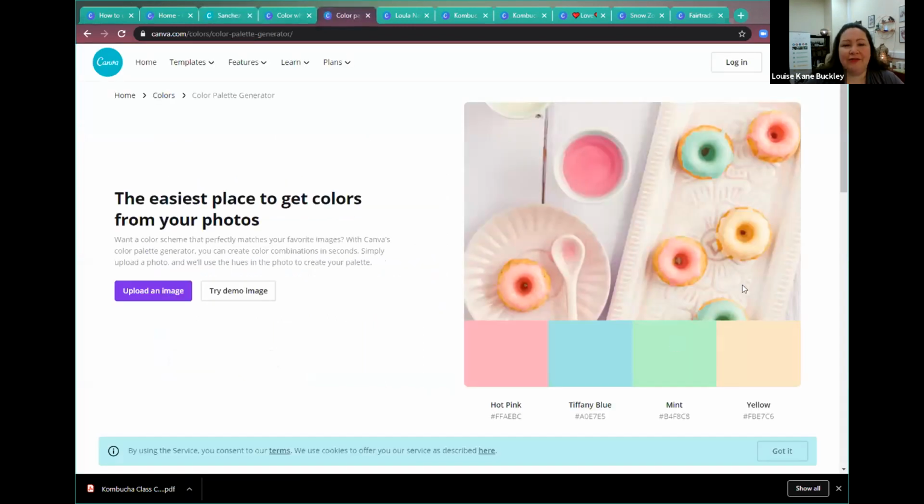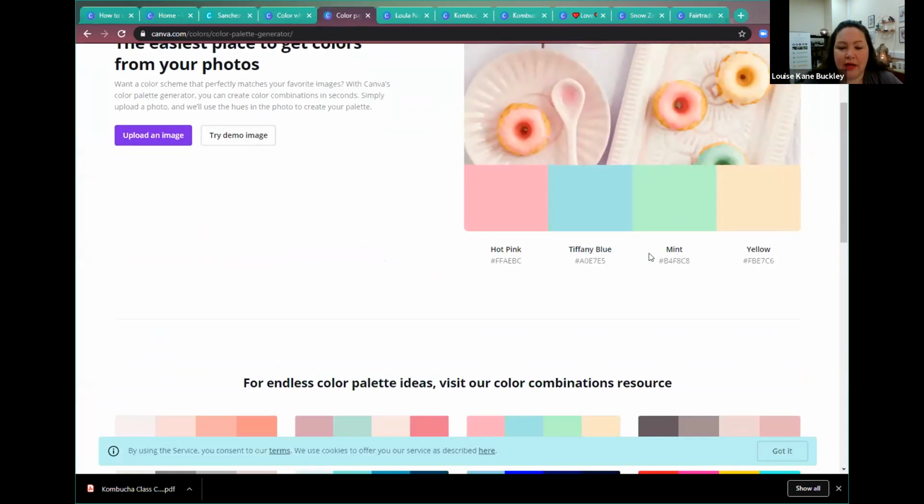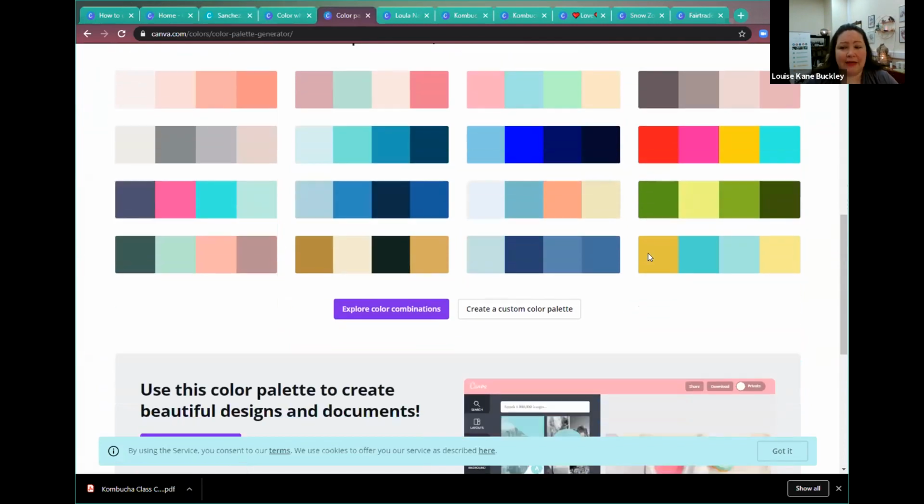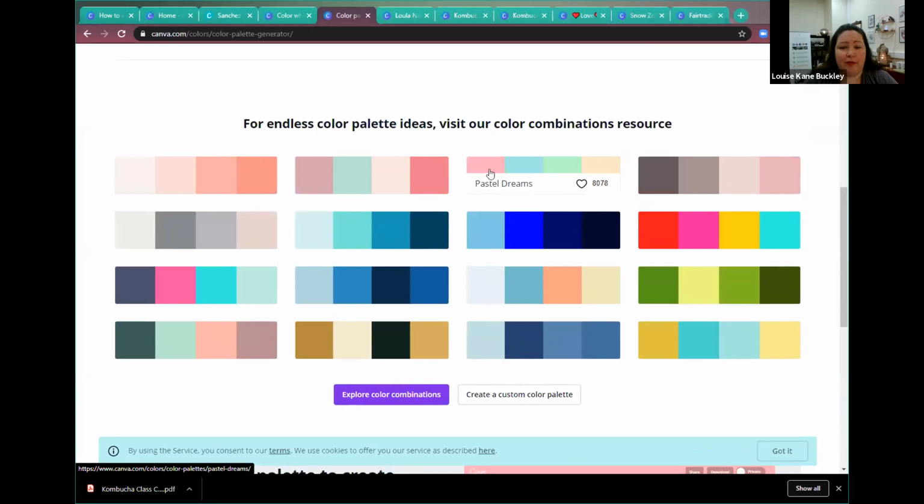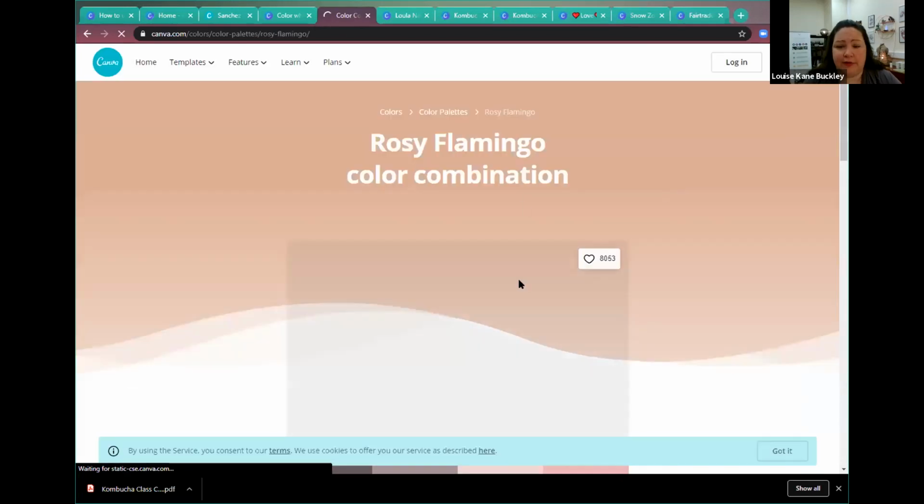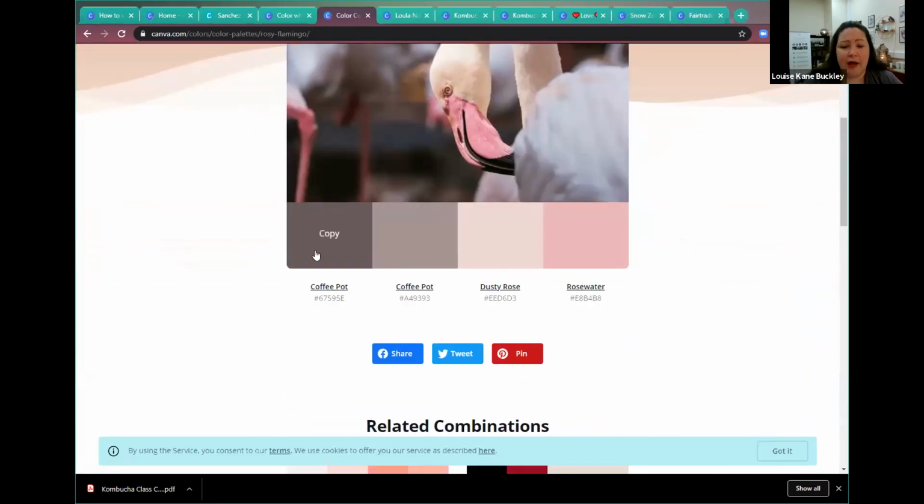And then say you don't really know what colors you like. So there's all these lovely palettes of complementary colors that you can look at, and then they've got them. So you can choose, okay, this one's quite nice, Rosy Flamingo, I quite like that. So then it has the hex numbers here for you. So what you can do is you can have this open, and then you can just, when you're trying to change